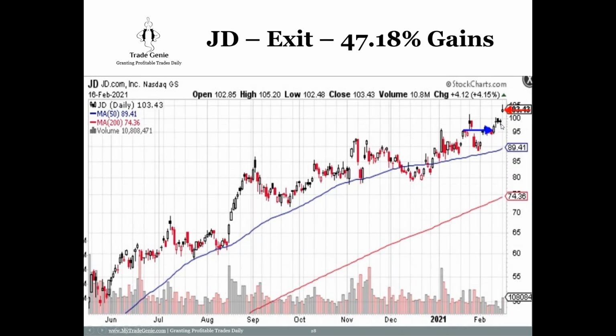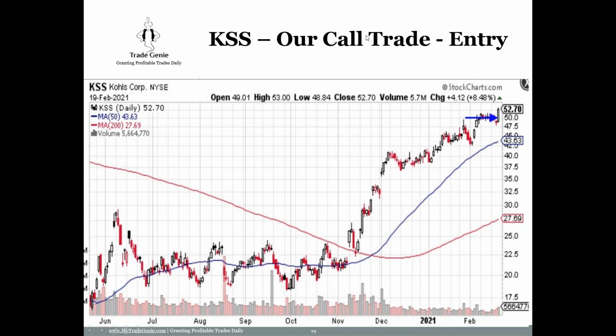$97 entry. So entry at 95, 97, and then boom, it gapped up. As soon as it gapped up to 103, I'd rather take profit and worry about it later. So a 47% gain on the 4th day is pretty good after the consolidation. This was the resistance, and it broke from the resistance. So we exited. Maybe it came down and filled the gap, and then re-entry from 100 to the upside. But for the option, this 47 is good enough.